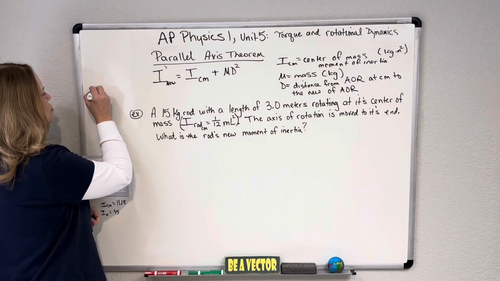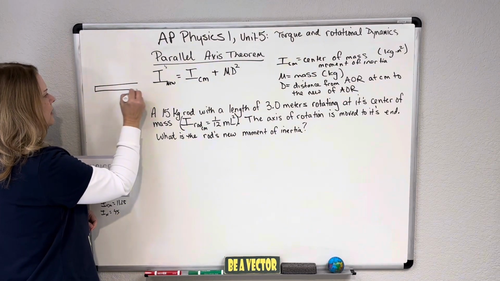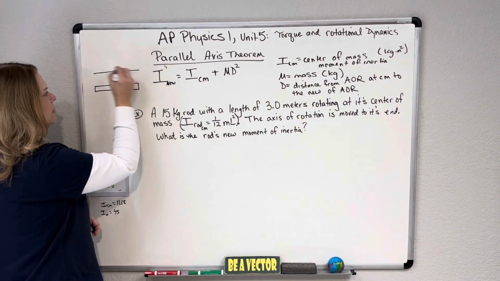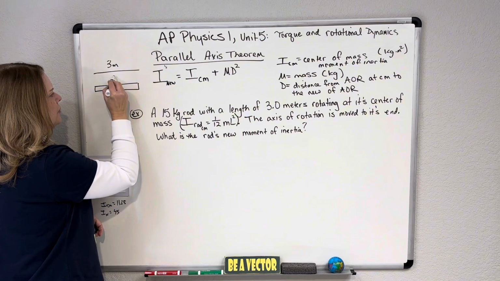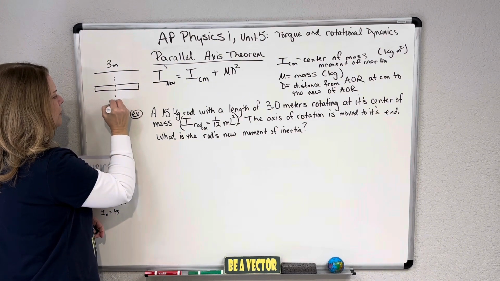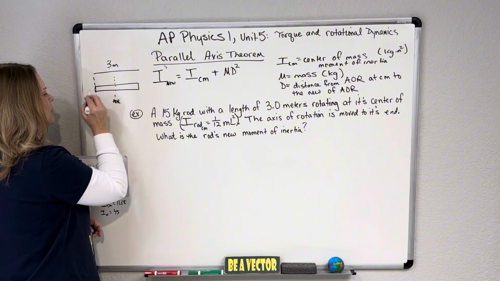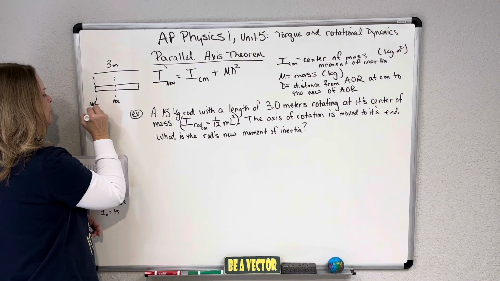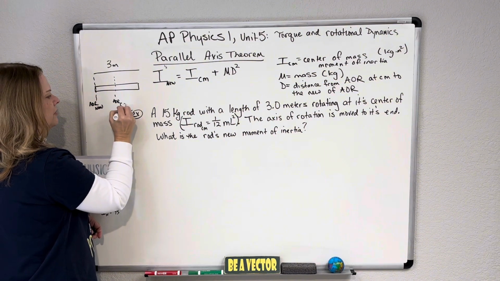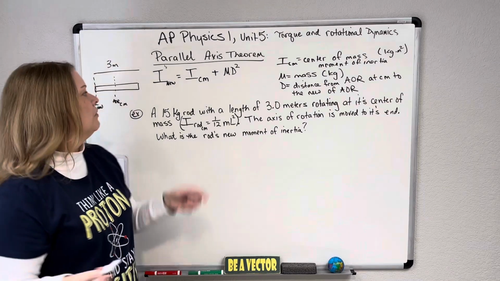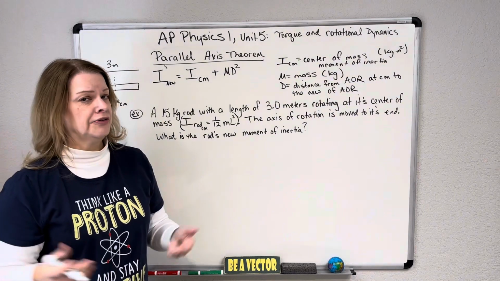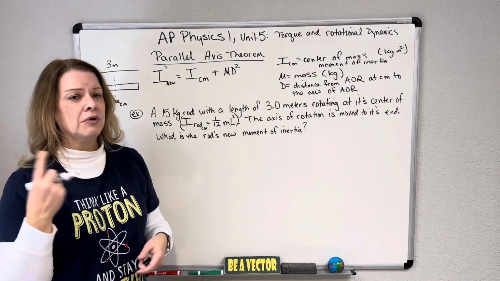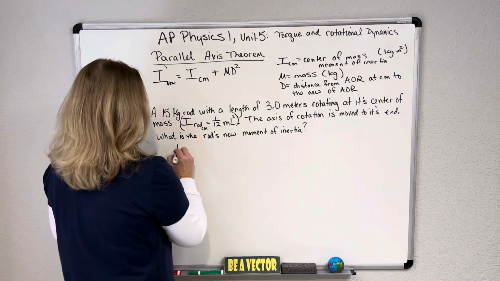All right, so I'm going to draw this rod. It's 3 meters, so I'm going to put up here 3 meters. At first, it's moving around this axis of rotation, and then we're going to move it to this new axis of rotation. I'm going to call that center of mass. When they do this, it's pretty obvious what formula you're using. You've only got one. So I want I new